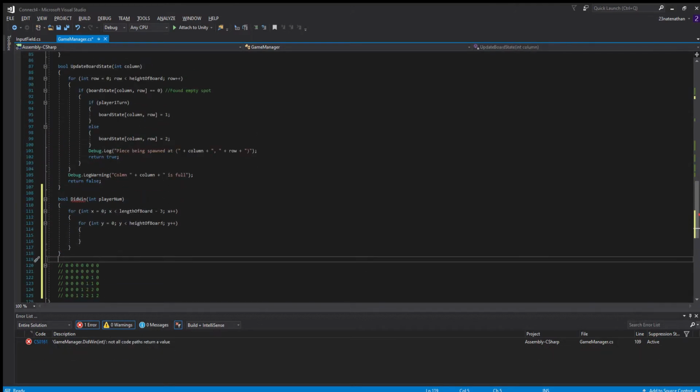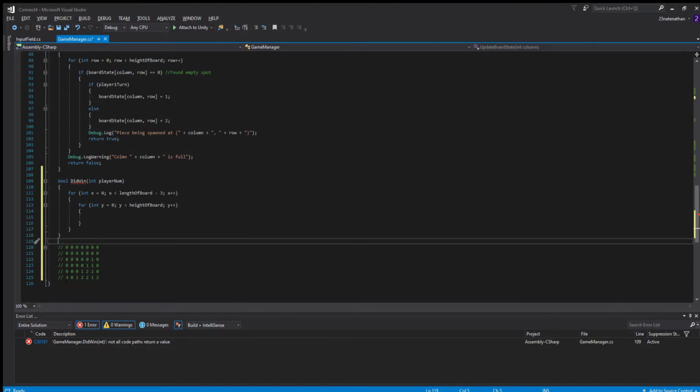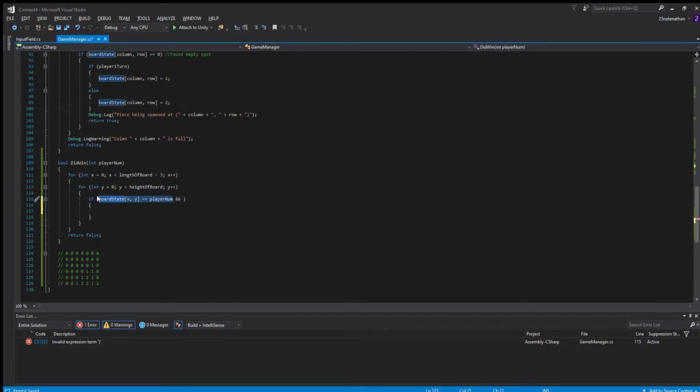Let's see, next, we need to do all the checks. So this is just looping through each thing. Now we need to actually see if that number there works. So we're going to do an if statement, and in this if statement, there's going to be a lot of stuff. We're going to say if the board state x comma y equals a player number, which is this thing, the player number,